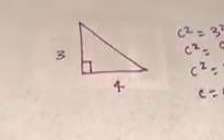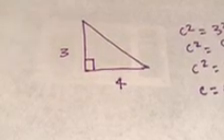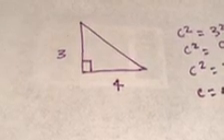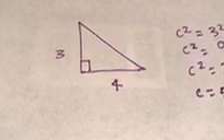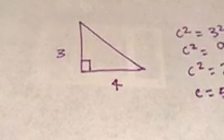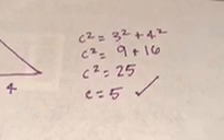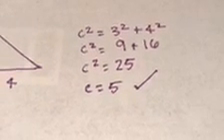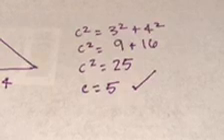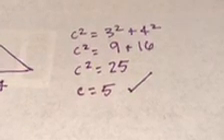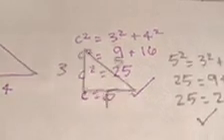Here is a problem. One side is 3 units and the other side is 4 units, and we are trying to find the hypotenuse. And it's a right angle, so we can use the Pythagorean theorem. C squared equals 3 squared plus 4 squared, so that would be c squared equals 9 plus 16. C squared equals 25, so that means c is 5. Working backwards to